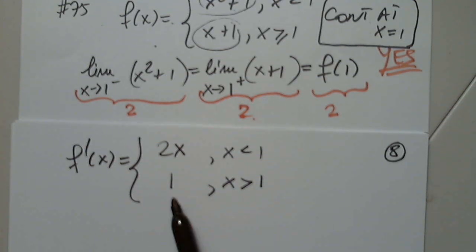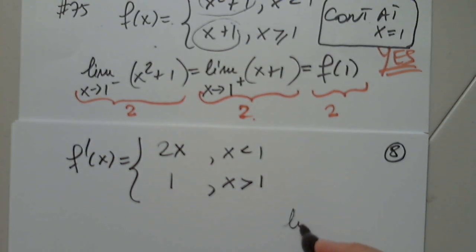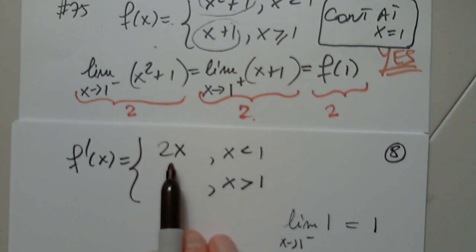We all know what the limit of 1 is. How much? So what is the limit of 1 as x approaches 1? 1? Exactly. So the limit from the left is 2, and the limit from the right is 1, which means